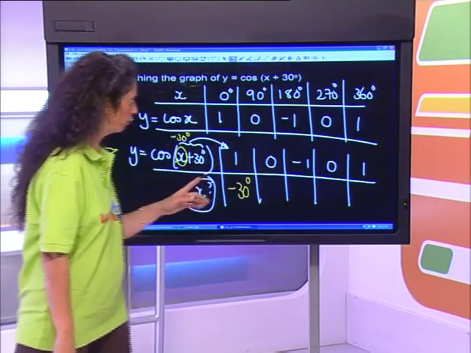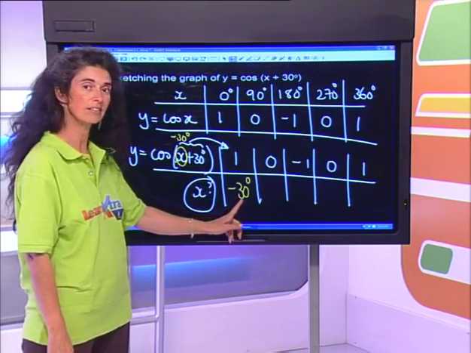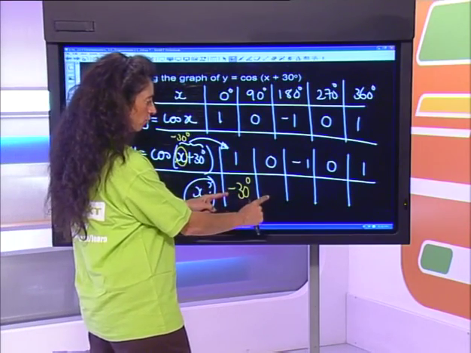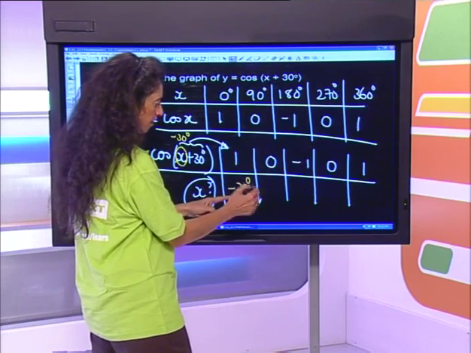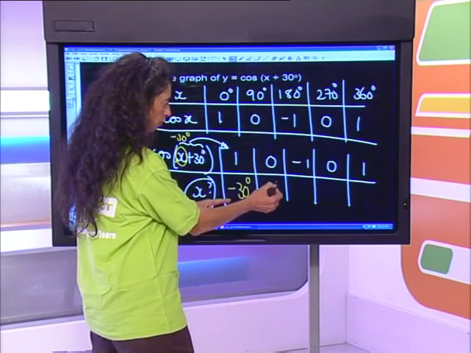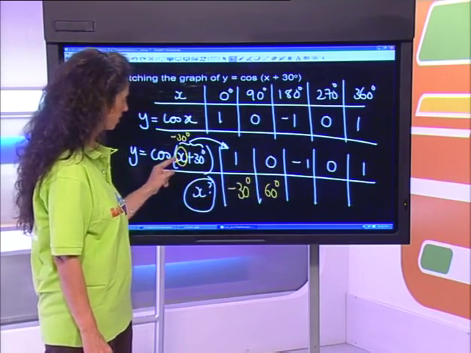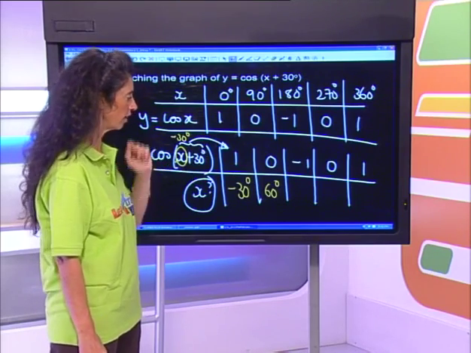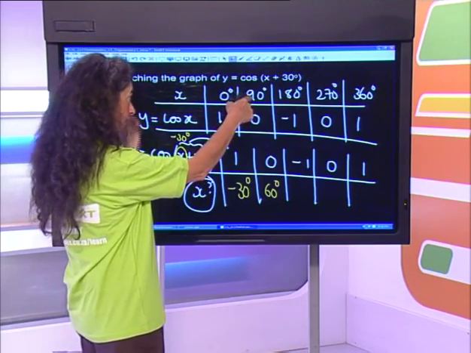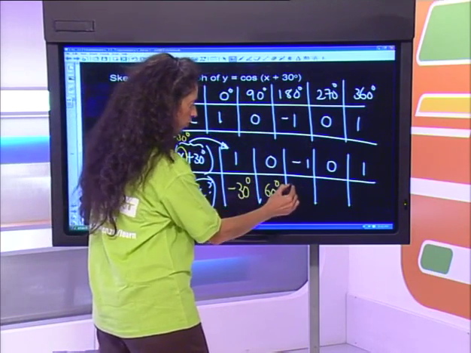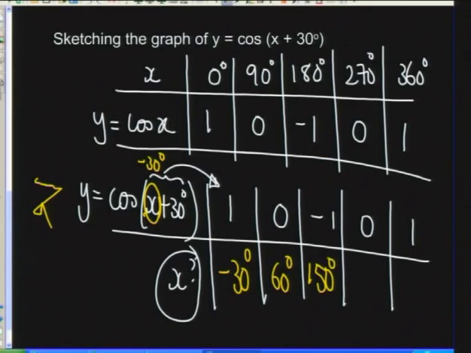So all you do now, if you've got that first angle that you've worked out for that maximum of 1, is add on 90 to get my 0. So 90 minus 30 would be 60. And you can confirm it by going back and asking what must x be so that you get a 0? X must be 60, because 60 plus 30 would give me the 90 degrees. If I add 90 onto 60 degrees, I'm going to get 150. 150 plus 90 is 240, and 240 plus 90 is